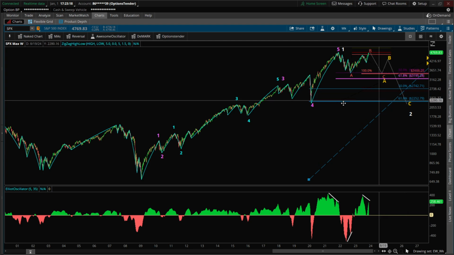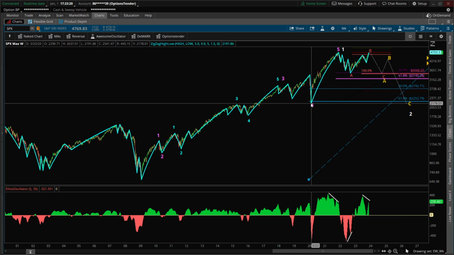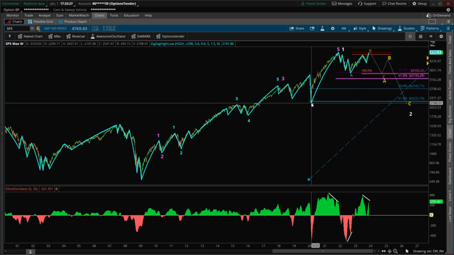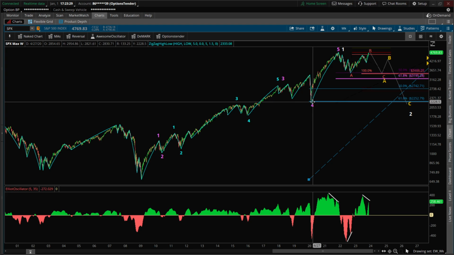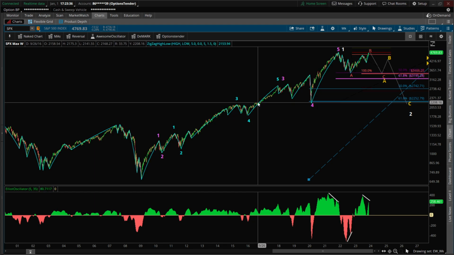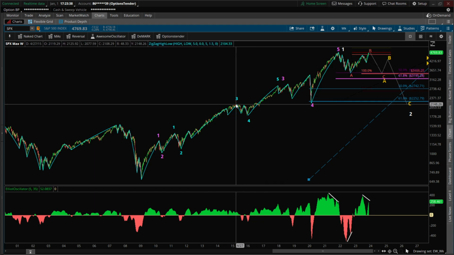I think it's more likely we come down to this 2250, so we can test the lows of this wave 4, this Corona crash that we have. We never came down to test this. I think this is a huge test. Look at this, all this resistance here now turned into support. I think that we'll get the support again above this